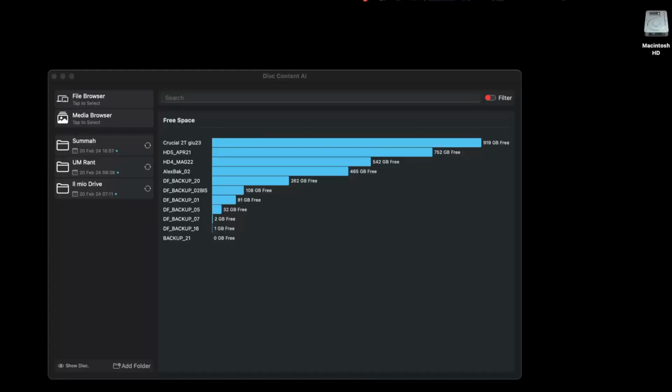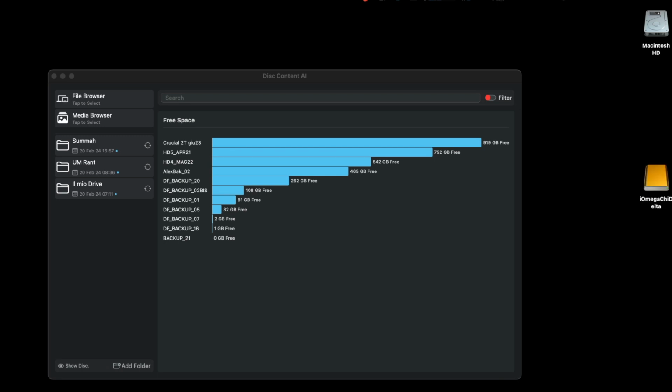How can you use it to search your files and your media and find things that you didn't realize you already have? So it's going to be a little drive-through. Play with me with this brand new app. First things first, you launch the app and you have this interface. On the left, you have the list of your connected and scanned drives. The center part of the app will show you the results of your searches.